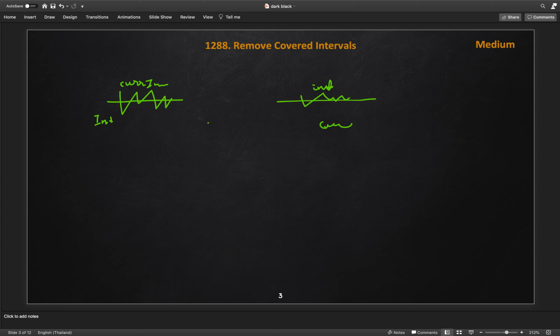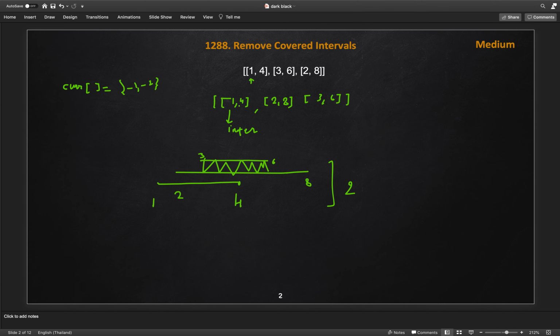So that is one approach, but another approach is this. As we already sorted based on the start index, we will just compare the case where it is not overlapping. The case is like 1 4 and 2 8. So what is the constraint here? The start of the current interval is lesser than the start of the new interval we are getting, and this interval is on the right side.